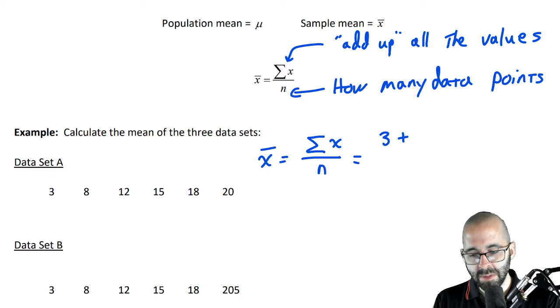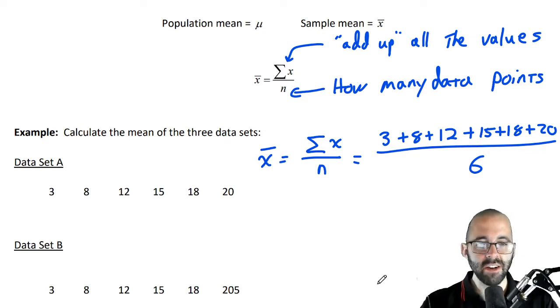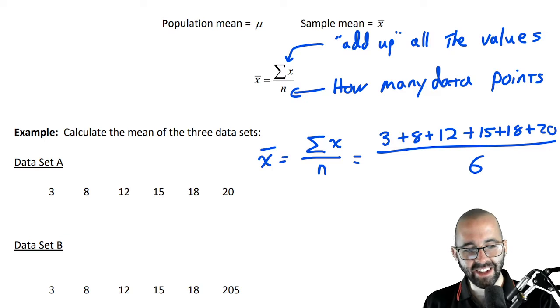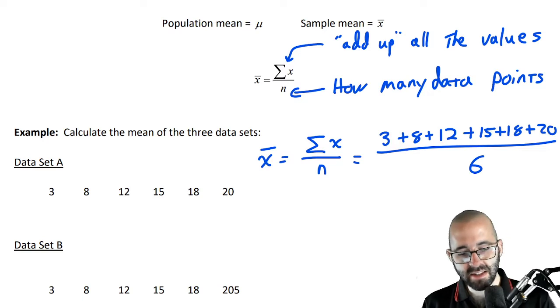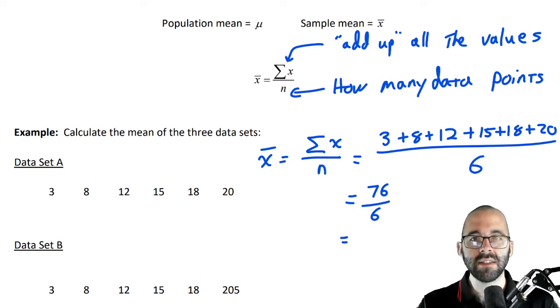So adding up all the X's is 3 plus 8 plus 12 plus 15 plus 18 plus 20. How many data points are there? 1, 2, 3, 4, 5, 6. And then we just type that into a calculator, and we're going to get our answer. 3 plus 8 plus 12 plus 15 plus 18 plus 20 is 76. Divide that by 6 to get our mean. 76 divided by 6